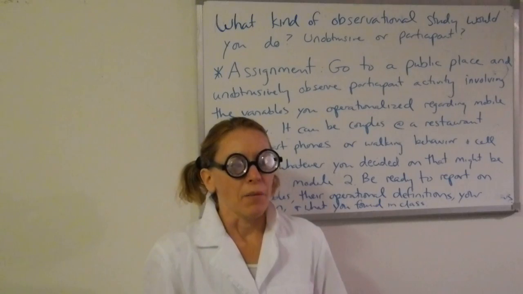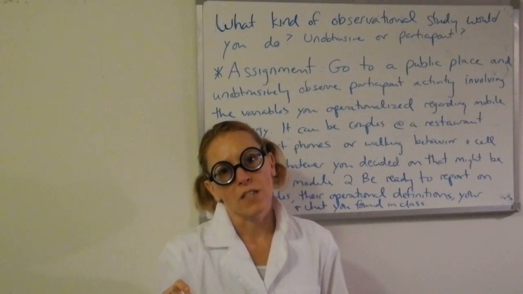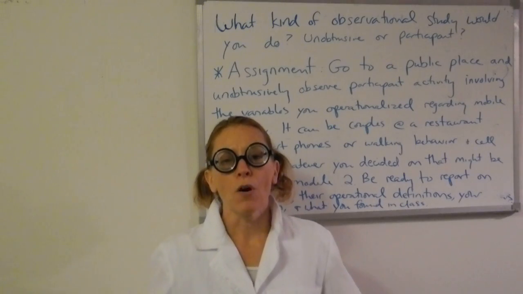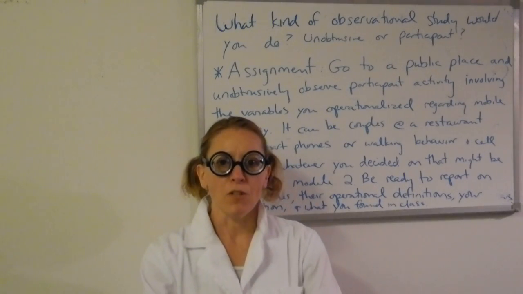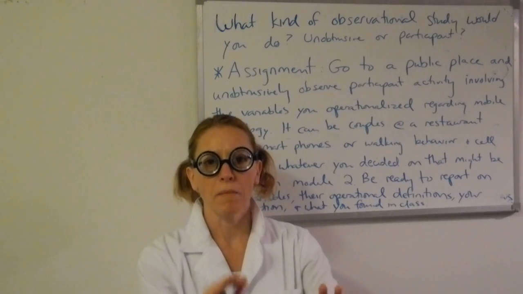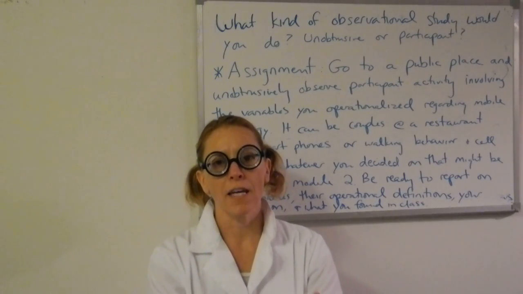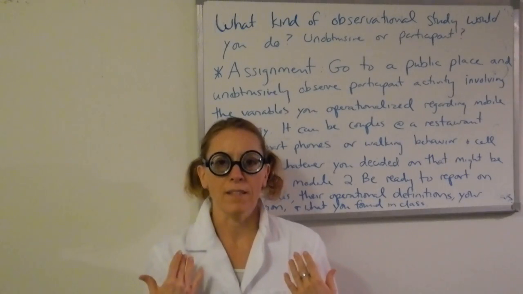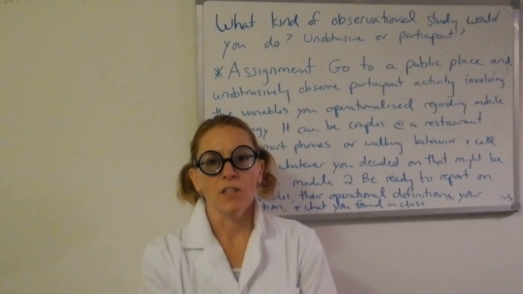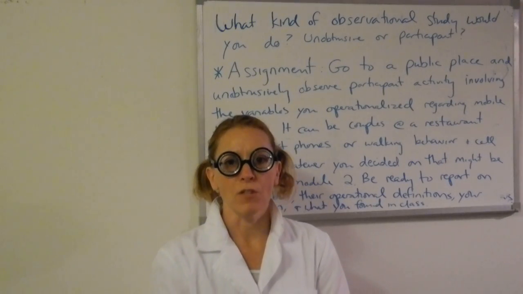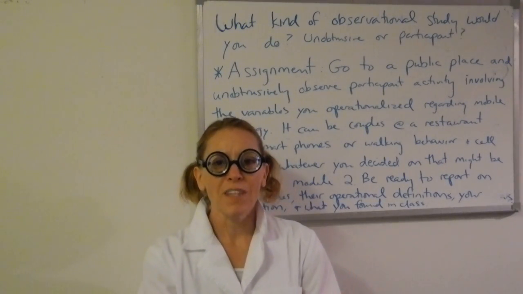So anyway, the third kind of observational study that I was going to mention briefly is a lab observational study. And that's when people know they're being observed, they show up to a research lab, there's no experiment going on, but they sit in a two-way mirror situation and they're videotaped. So they know that they're being watched, but they behave without the researcher being present. And that is another legitimate and valid and pretty typical way that researchers do observation. Okay, so hopefully this was helpful,